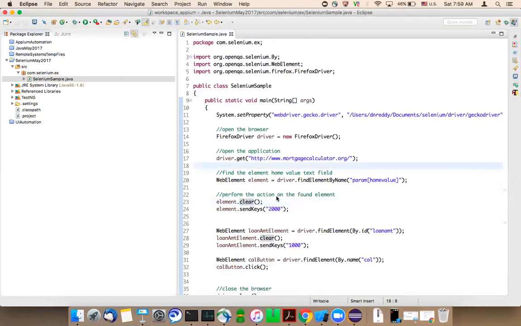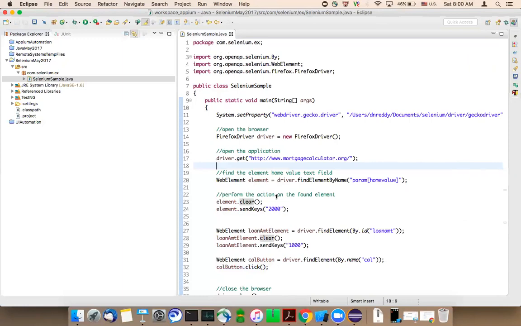And what you need to do for the other text fields, you need to work on it. Drop down is something different. I'll cover the select box or drop down in the next class. The way you work with the drop down is a little different from the way you work with the text field and button, so I will cover that later, probably in the next class.